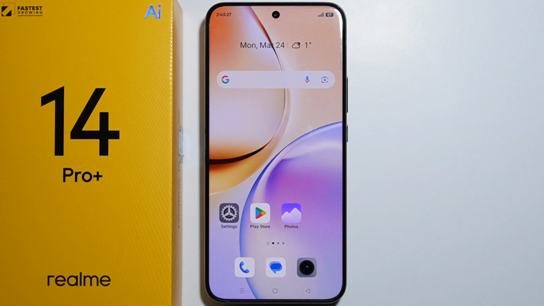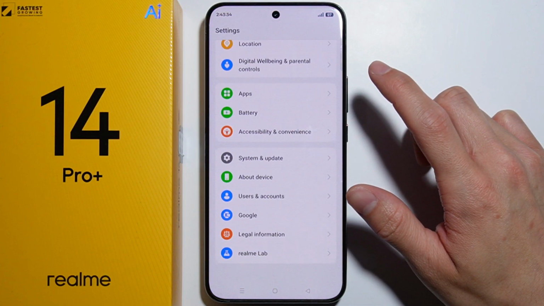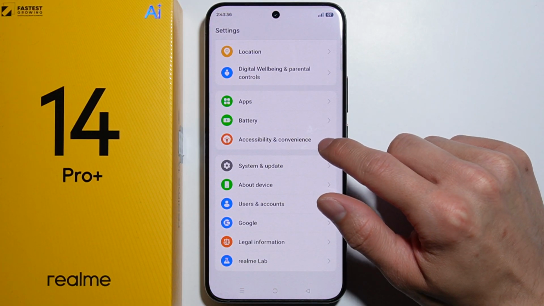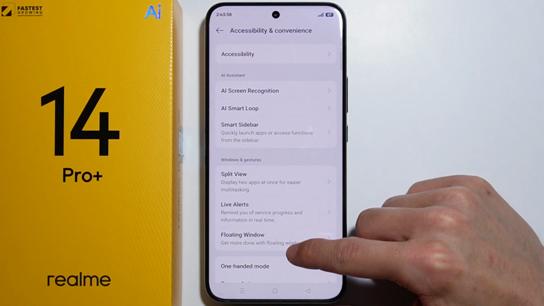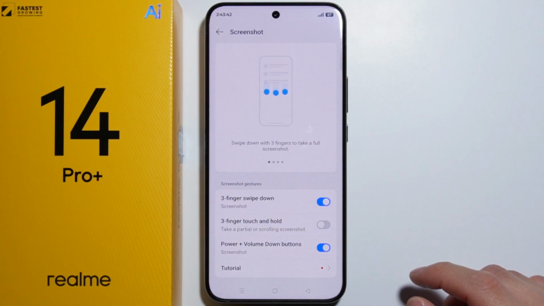To take a partial screenshot on the Realme 14 Pro Plus, first of all you will have to go into the settings and from here scroll all the way down and go for the accessibility and convenience right there. From here scroll down and go for the screenshot, and here first of all you have to enable this option,